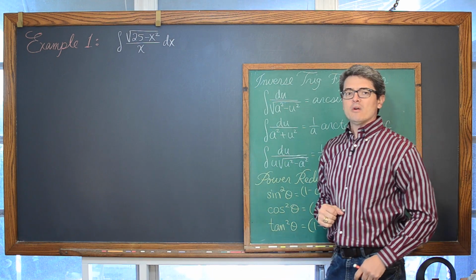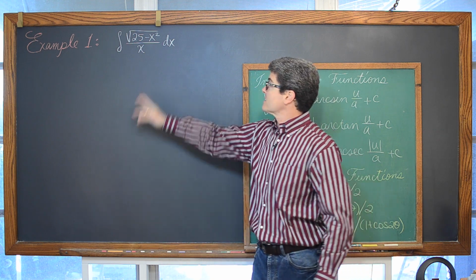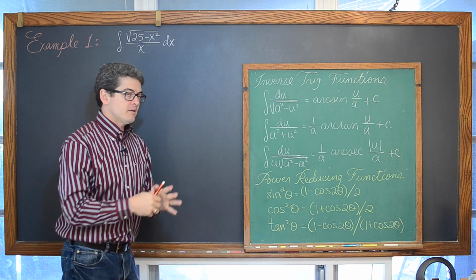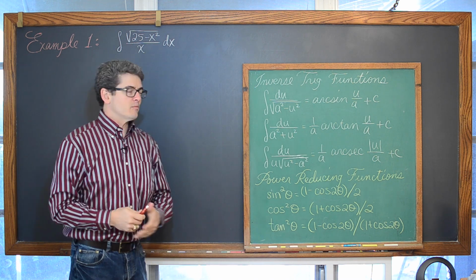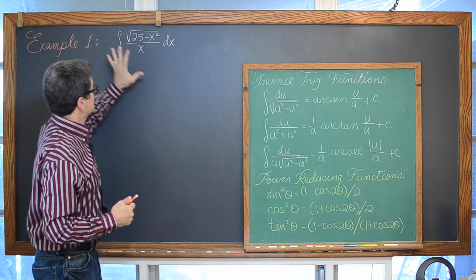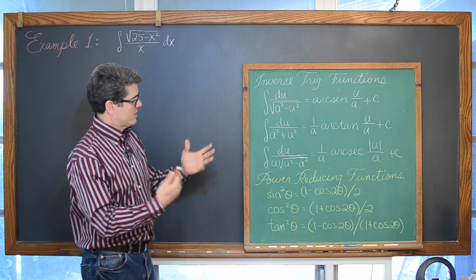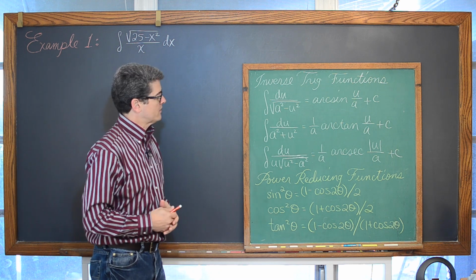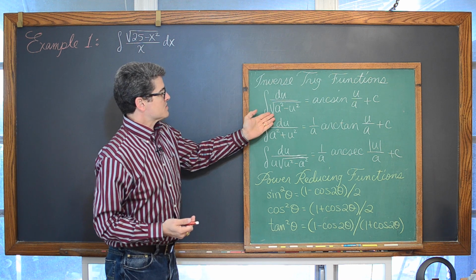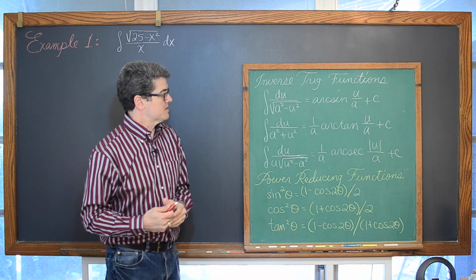For our first example, we are going to do the indefinite integral of the square root of 25 minus x squared over x dx. Now this isn't a really close integrand to something that we've integrated before, but we will see some similarity in the appearance of the integrands in this particular section and our inverse trig function integration rules that we worked with in an earlier chapter, where we have in this case the indefinite integral of du over the square root of a squared minus u squared is equal to arc sine of u over a plus c.